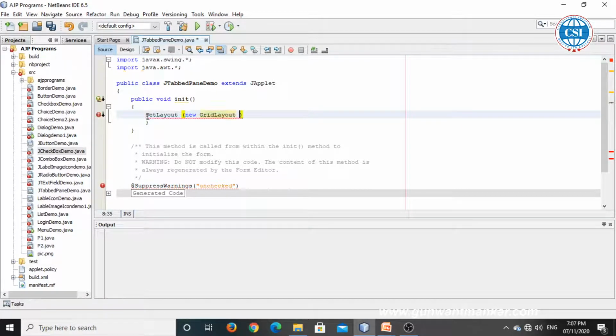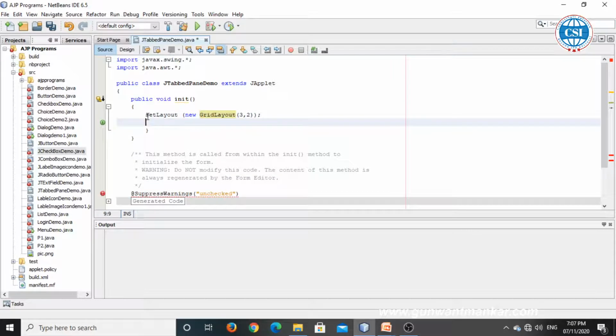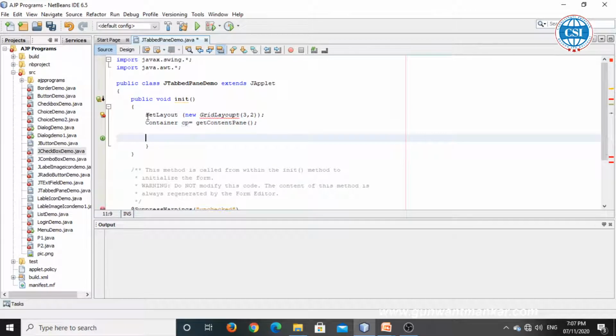You should use the grid layout for displaying the window JPanel, 3 by 2, 3 rows and 2 columns. Then Container cp, create the object of the content pane, getContentPane.